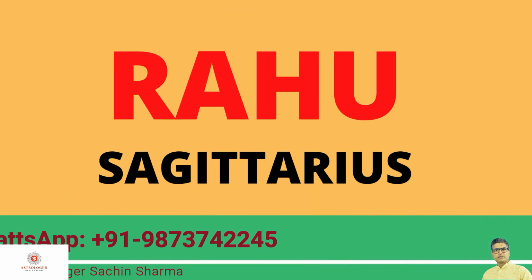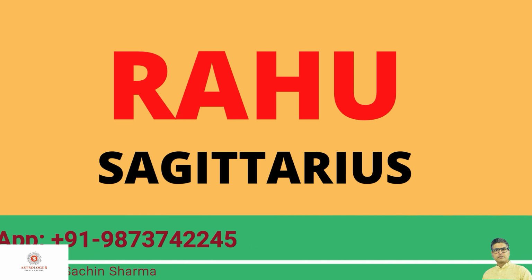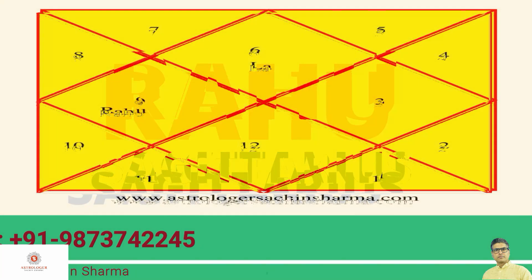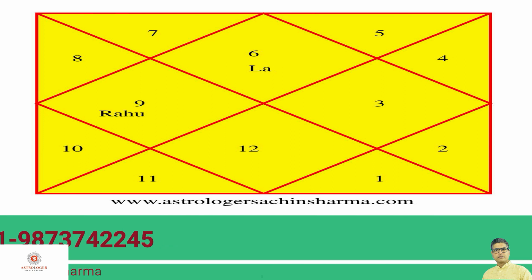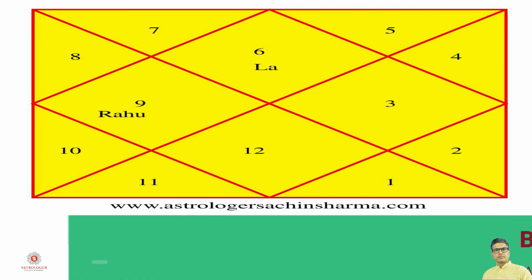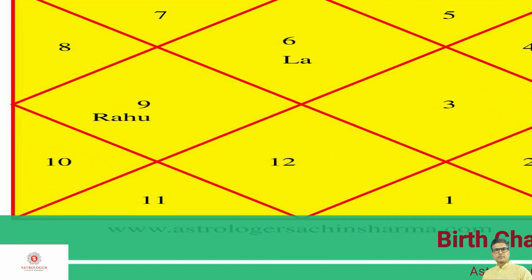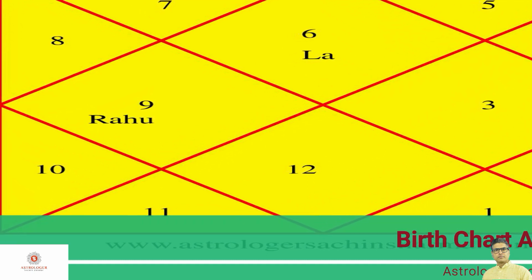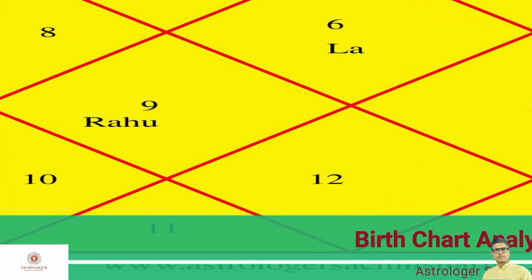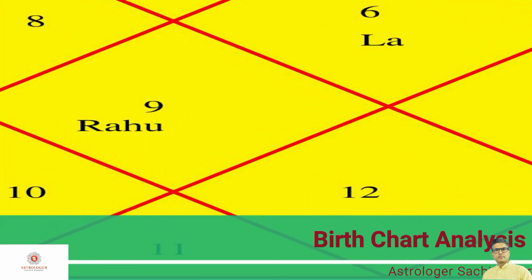Now let's move forward and discuss Rahu. Rahu is exalted in Sagittarius sign. That means if number 9 is written in any house and Rahu is placed there, then Rahu will give the native a positive result. We will be discussing the impacts of Rahu in different houses as well in our advanced topics. But we have to see in which house Rahu is placed.